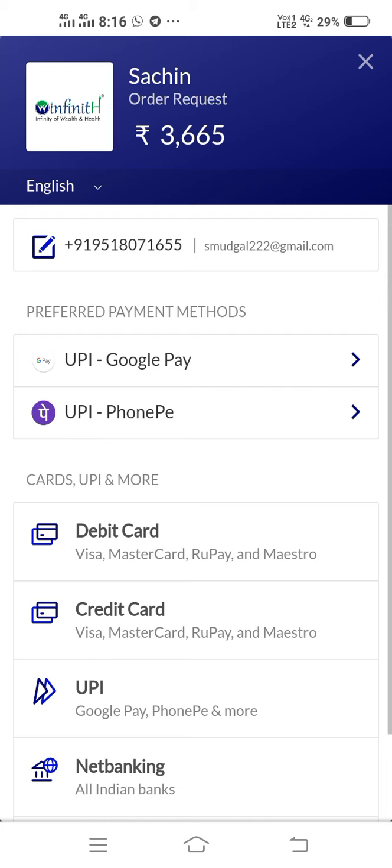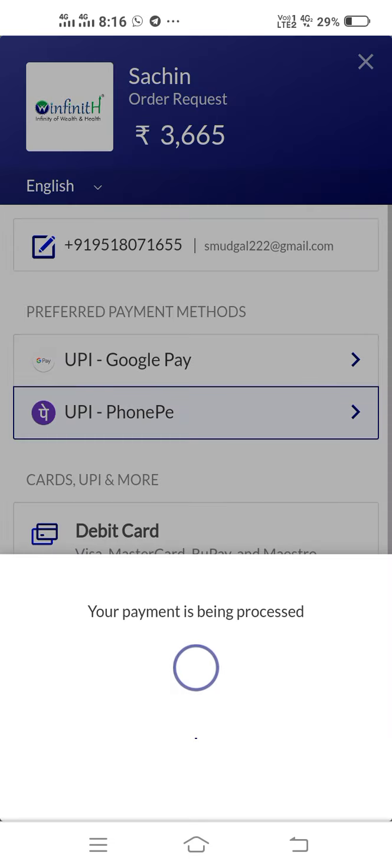Now you can select your UPI or your debit card, your credit card. For example, you are using UPI PhonePe, then click on this. You can directly come to your PhonePe.